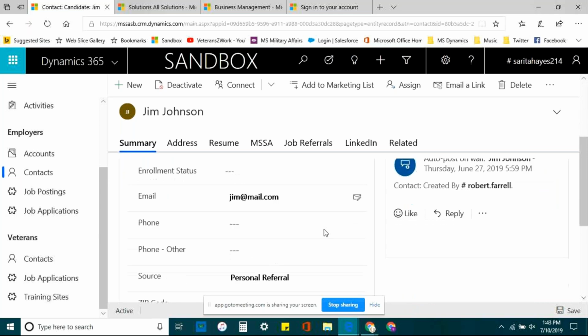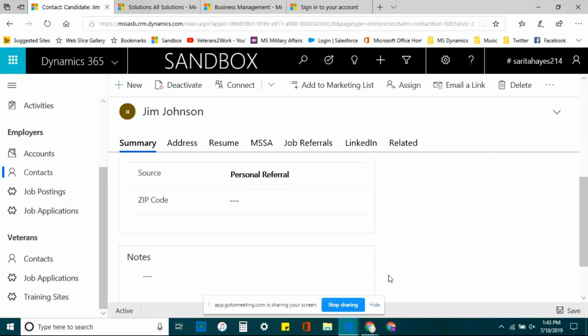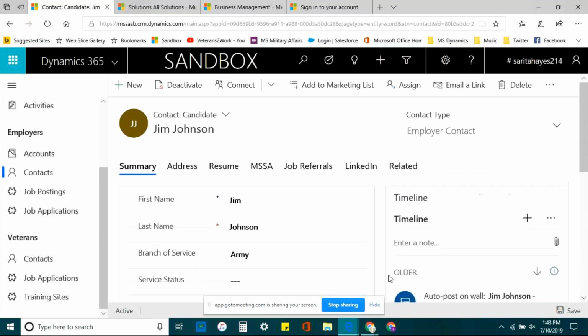That there is a cross lookup to a veteran, right? This is the candidate form, right? See above his name, it says contact candidate. So on the employer form, we can add a field that indicates whether